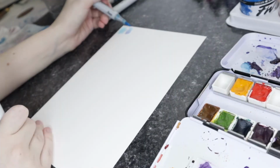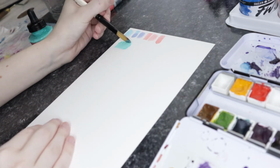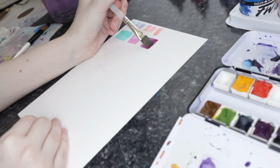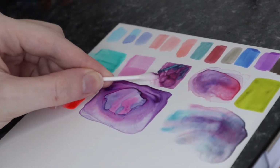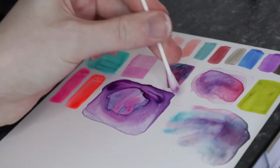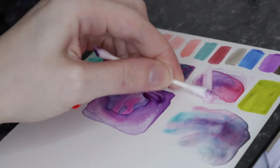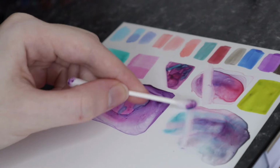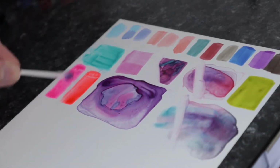I wanted to test this paper out with a wide variety of materials. I did a bunch of swatches with items from Copic markers to acrylic inks and my P.H. Martin's Bombay inks to watercolors to even some acrylic wash that I had. I also wanted to test that ability to be wiped clean. So of course I grabbed some water and I also grabbed some isopropyl alcohol because I figured the alcohol inks probably weren't going to be wiped clean with water,